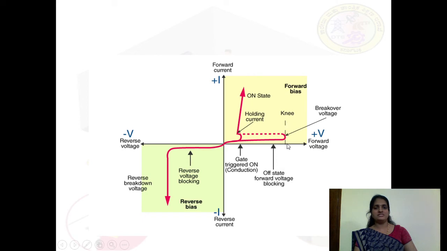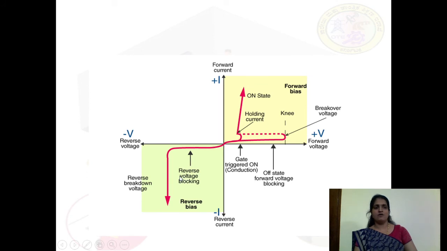And once the voltage between the anode and the cathode is greater than the breakover voltage, then automatically it will enter into the on state. So this indicates the holding current and the on state once it reaches above the knee value or the built-in voltage. Similarly, this indicates the reverse voltage blocking,